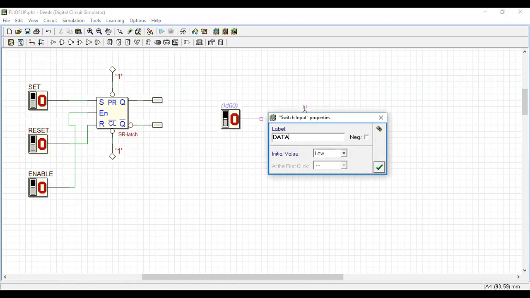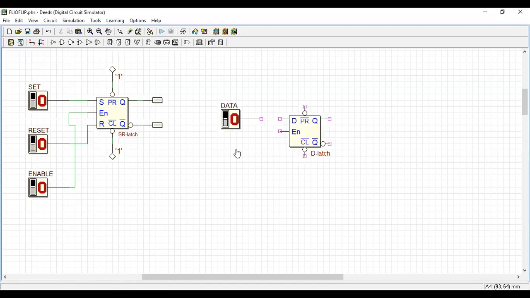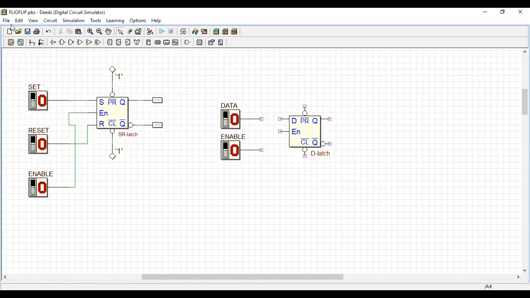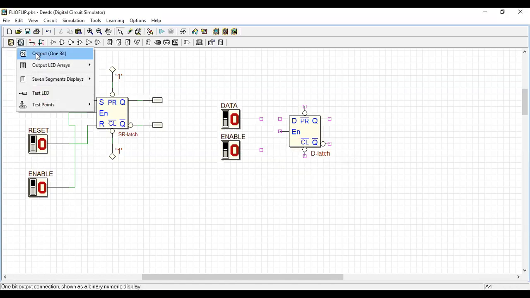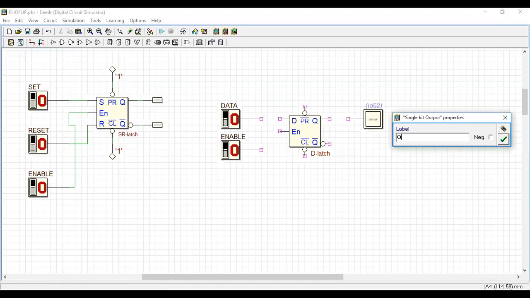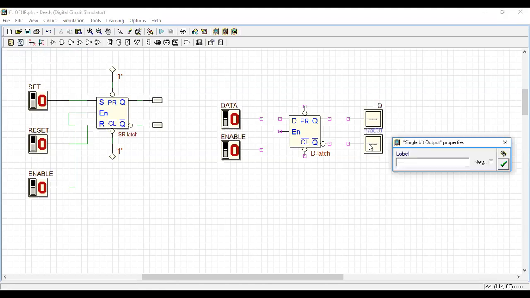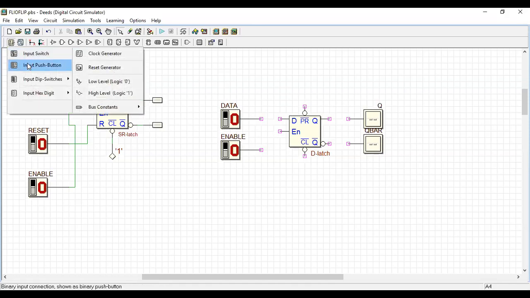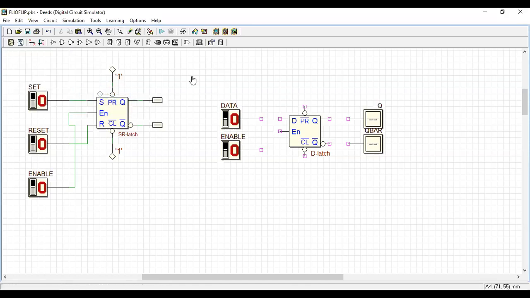I give data, and the other input is enable input. Then I should connect the outputs. So Q and then Q bar, two outputs. And then I want to connect logic 1 for my preset and clear.